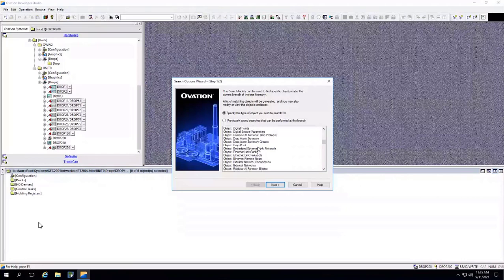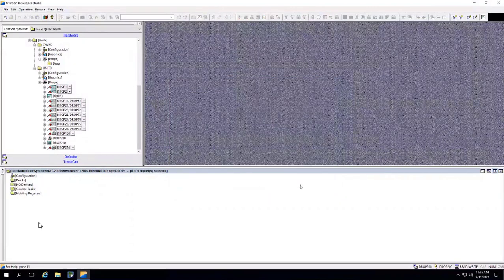But sometimes there is a requirement to add another filter into the filtered object. So see how I am doing that. I'm adding a filter to your filtered object. The requirement is I want to search all the analog points, and in these analog points I want to search all the analog which are hardware points. So I want to gather a list of all those hardware analog points. How to do that?